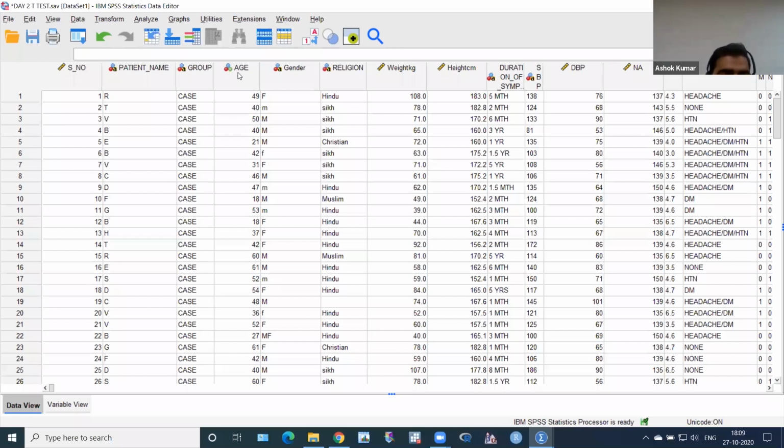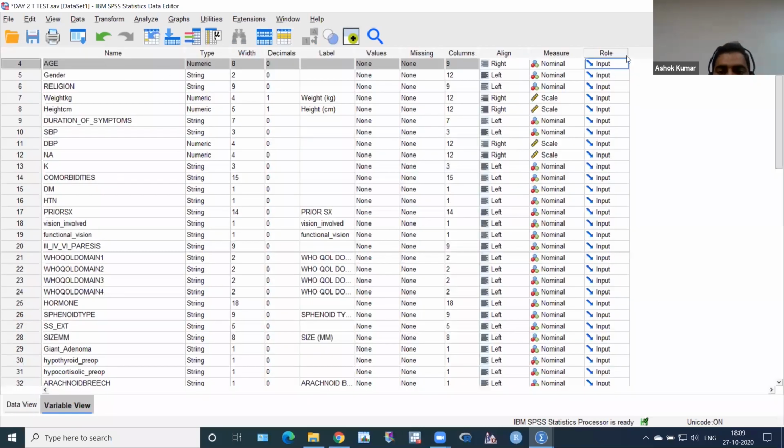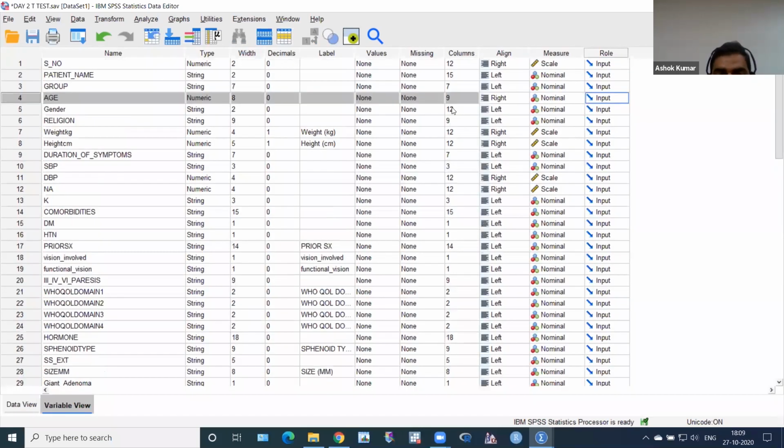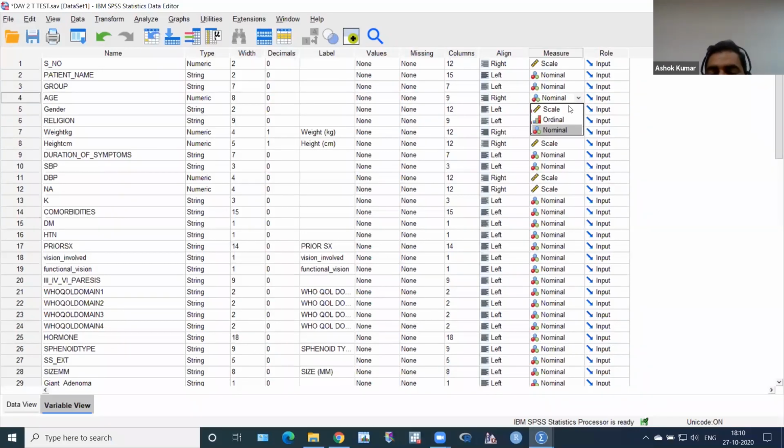So again I have to change the scale measurement or level of measurement. So same way, I can click this variable view. Otherwise, it's very simple. If I double click on age, directly I can go to age in variable view. So double click here. You can see age is coming. Very good, because I have to change age. You can see on the right side there is Measures. Measures in age is nominal. So I have to click here and change. Age is ordinal? No, age is a scale. So I have to click here.